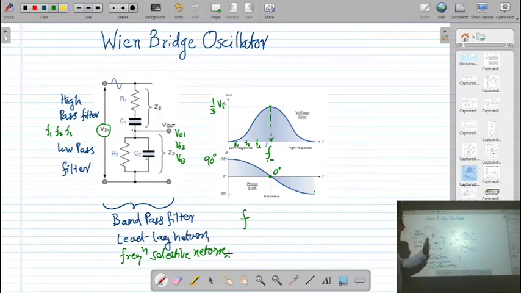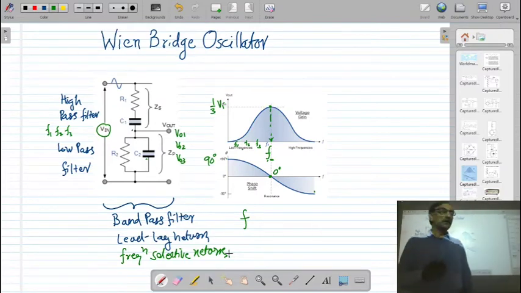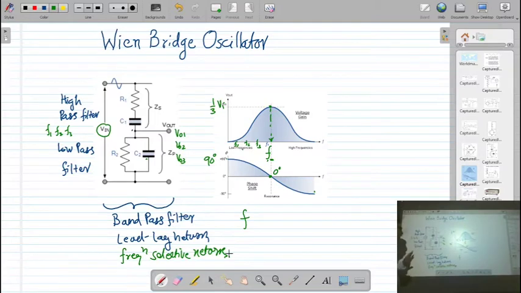So actually here also it is working as a kind of a resonance circuit. In resonance, you know, for that particular frequency the output voltage is going to be a maximum, and the phase difference at that point is also going to be 0. So it is due to this property we are going to use this network for generating a frequency. Okay? So now let us see what is actually a circuit diagram for the oscillator circuit.